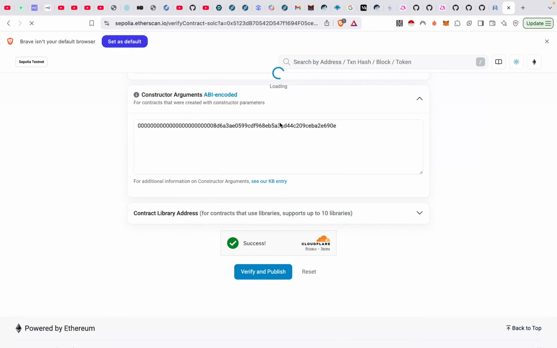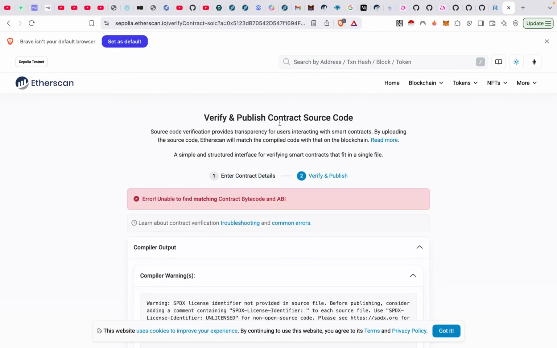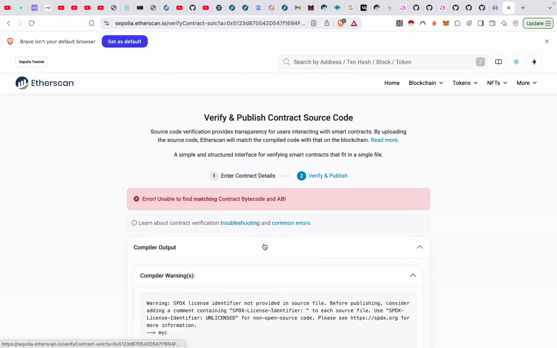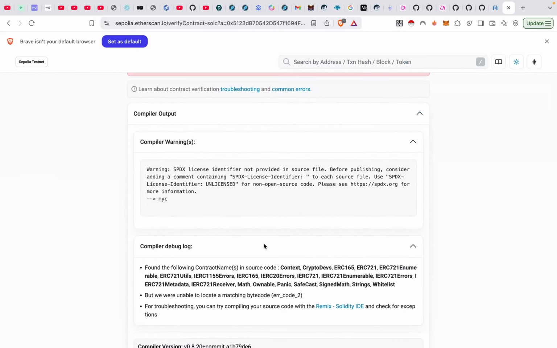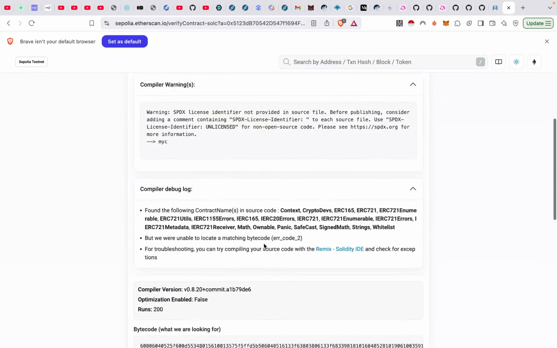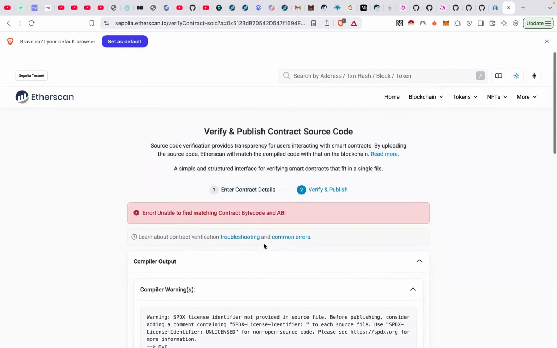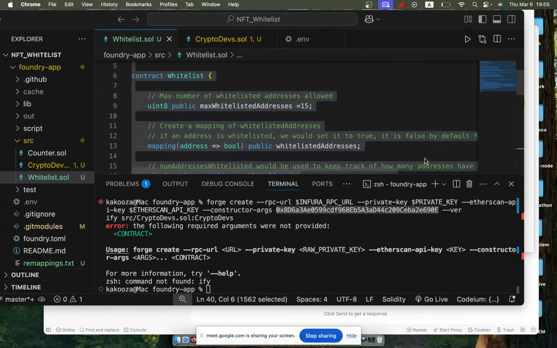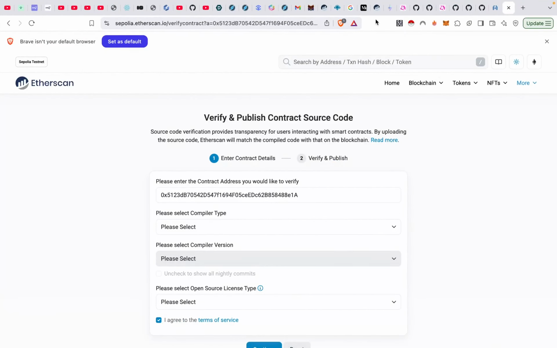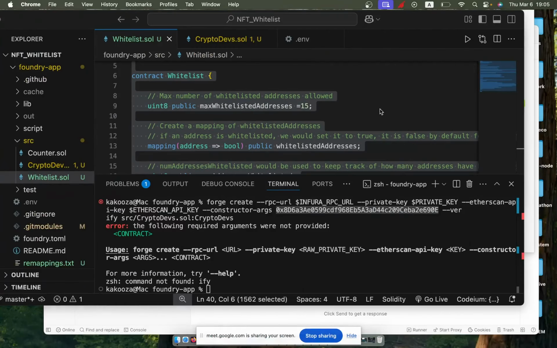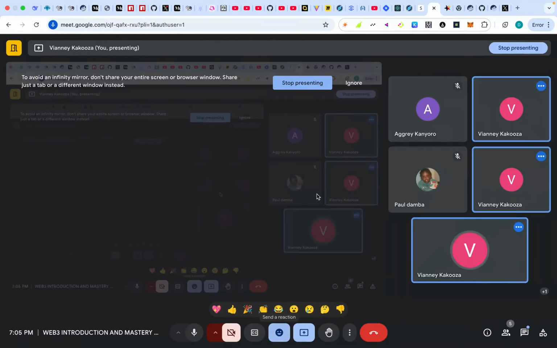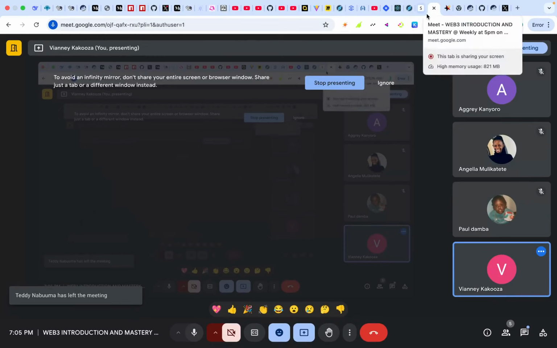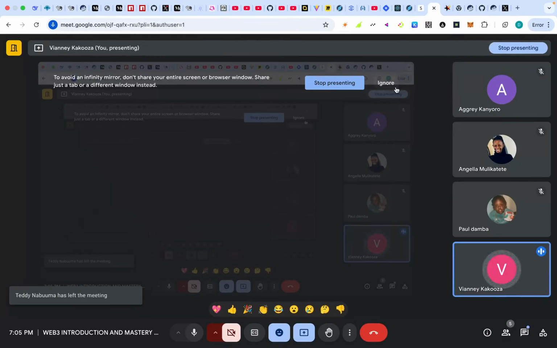I add. So we can leave it if it is failing. And then